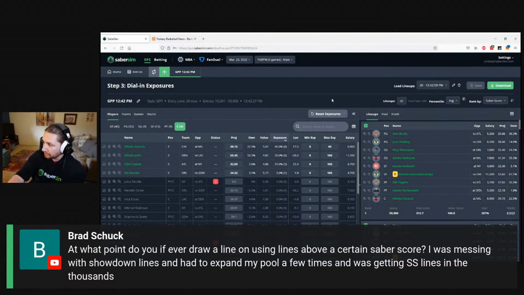So, to kind of pull back, because I just misread this here at the start, I do think that is a good idea, right? Limiting, or using it at least as a red flag or an opportunity to check yourself, like, am I having to build a lot more lineups, is great. But I would not cap under a certain SaberScore and say, under a certain SaberScore, I'm not going to use those lineups. Any lineup within your initial pool of 1,500, I think is viable.